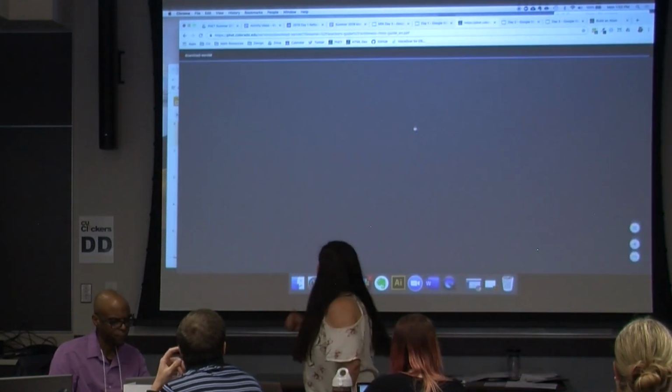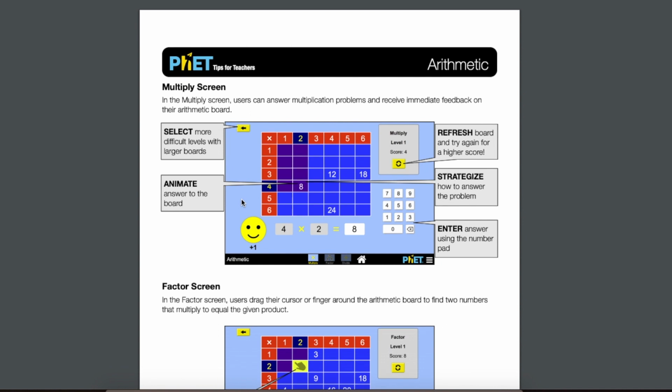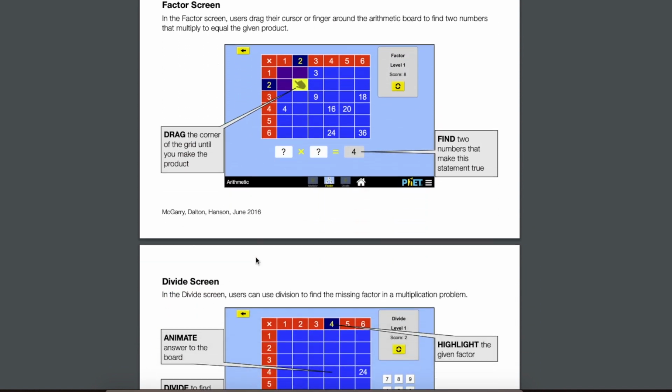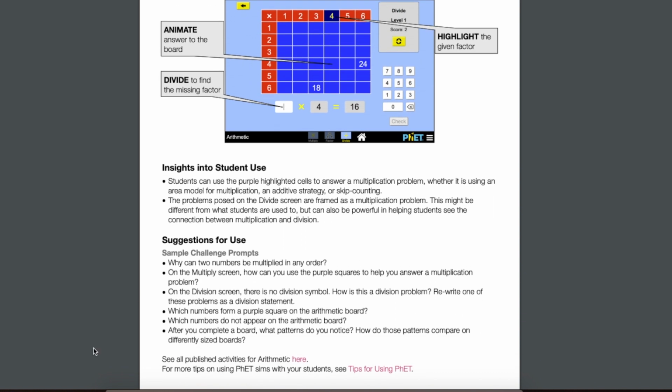For each simulation, we have this document that tells you how to use each of the controls, describes what is in each of the screens for the multi-screen simulations, some information for the students, and especially for the science simulations, an explanation about the model behind the sim, some questions that you can include in your activity design, and here a link where you can go to the activities and more tips for teachers.